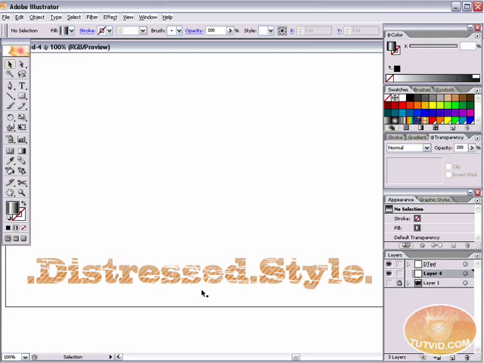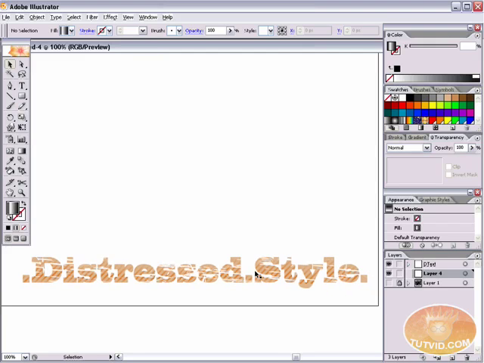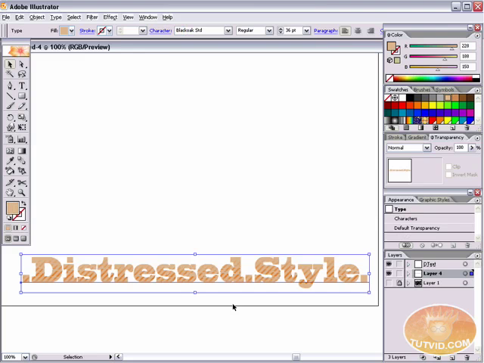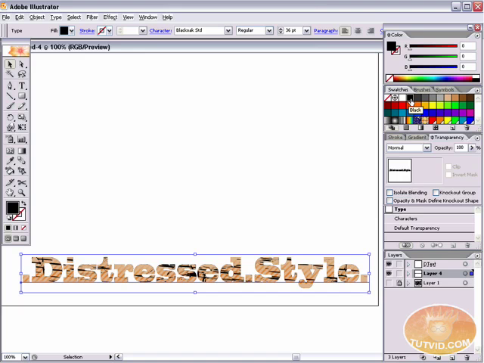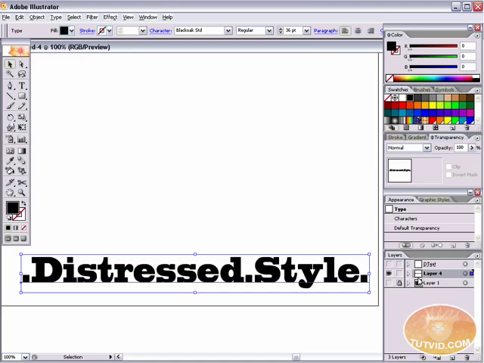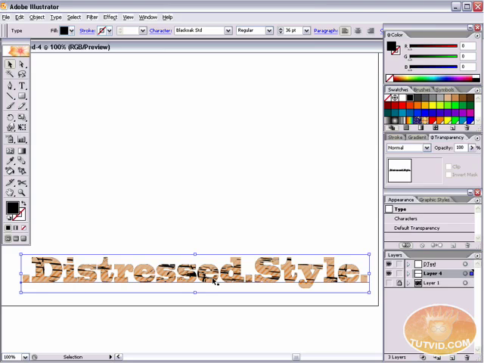I'm going to select layer 4 here, and we still have that text selected from before when we created the mask. So I'm going to hit Command or Control F, which is paste in front, or in this case it's just going to paste it right in place. I'm going to fill this with black. You can see that our D-text mask, it's not affecting it, but it's making it look like it is